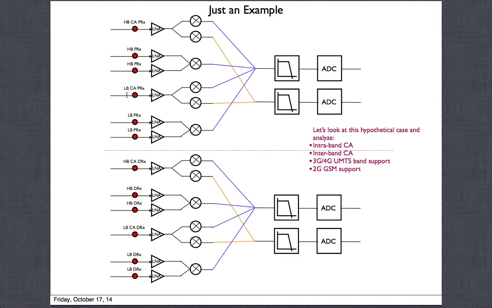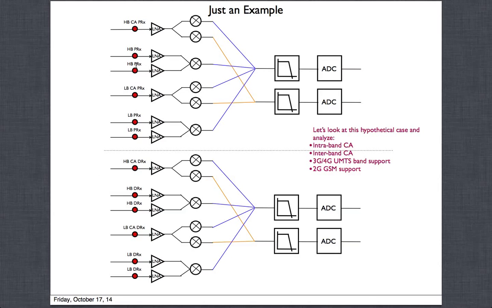So it just will have the duplexer, which is the low band duplexer. Okay, I'm not showing the duplexers here, but all these paths will have either a duplexer or a SAW filter in front of it. That is what I'm not showing, but I hope you get the message that the duplexers or the SAW filter will be there for all these paths here. Okay, the diversity will not have it because they really don't need it. So these could be straight shots to the antenna. Sometimes they might need some filtering based on how strong the signal is coming, but most of the time they don't need that.